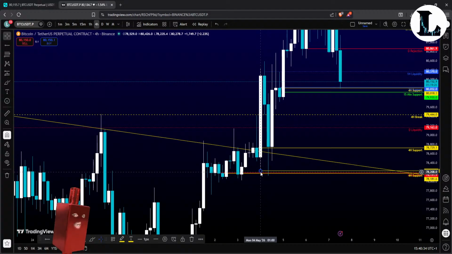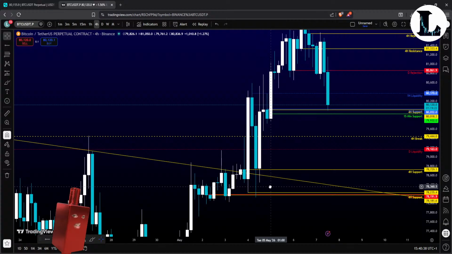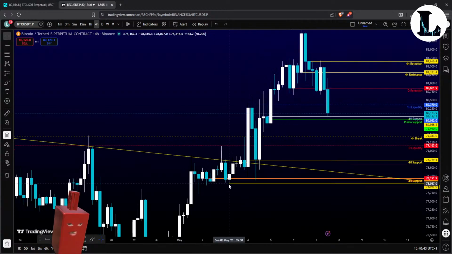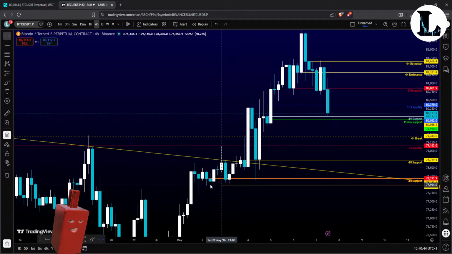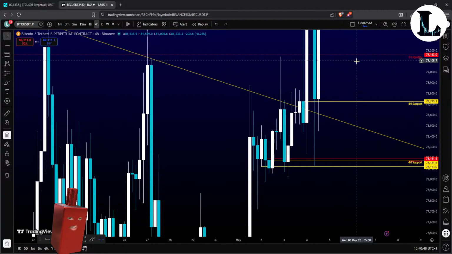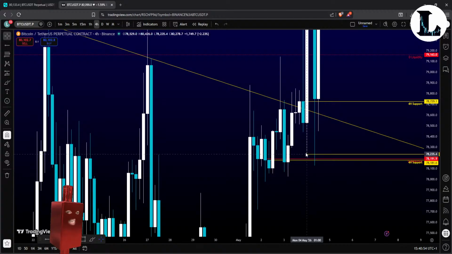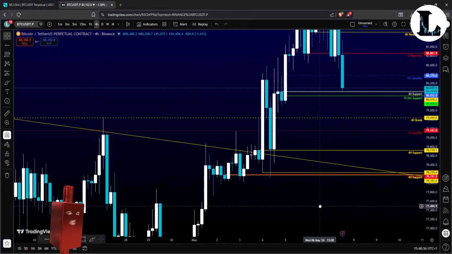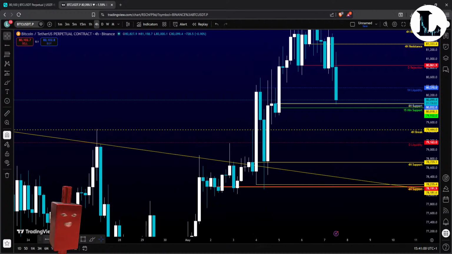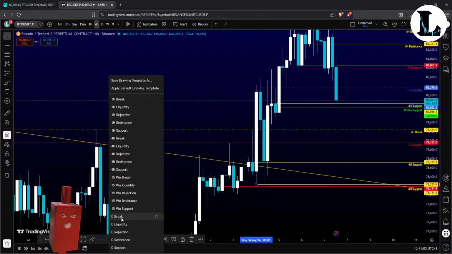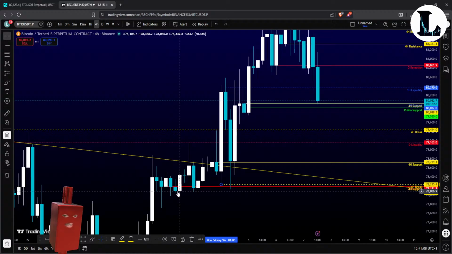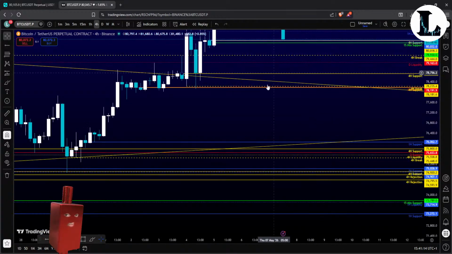We have a break level here that can turn into liquidity because it's a big reaction here, and it was not on this one, it was not on this one, and it was not on this one. As you can see, the price just by a little bit, it does not test that. So this might turn into a really big liquidity level. That's a 4-hour break level for now. I will mark that as a break. And I think this is probably as low as we can go if we want to keep moving up.